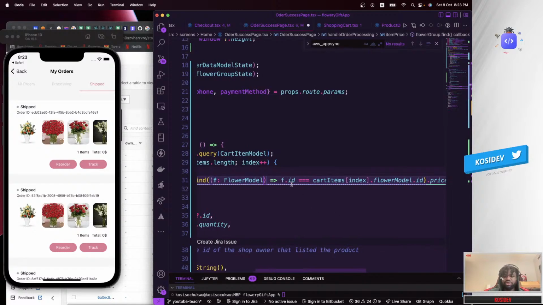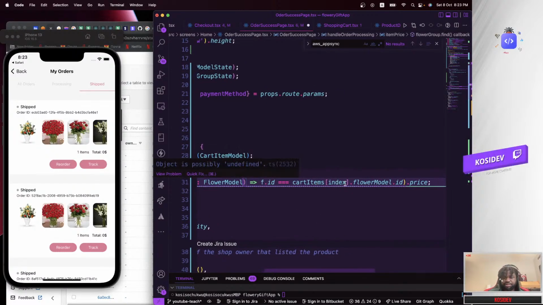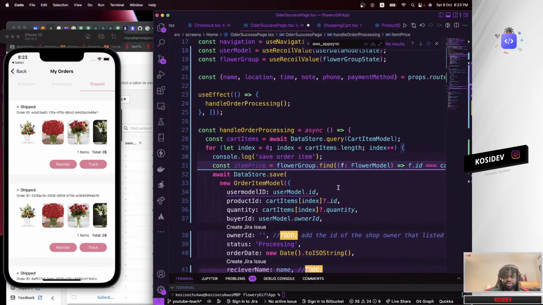Since it's an array of flower models, where cart items dot index dot product ID, that's what we're looking at.